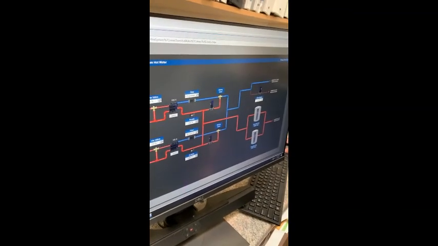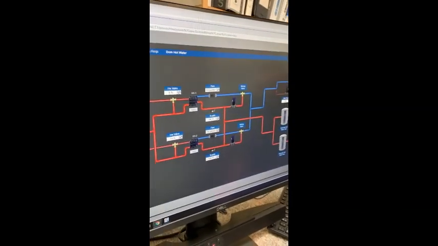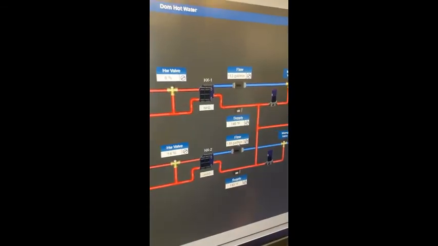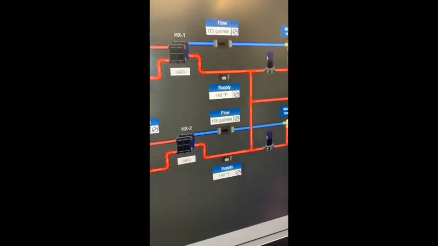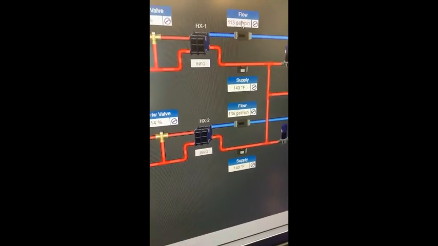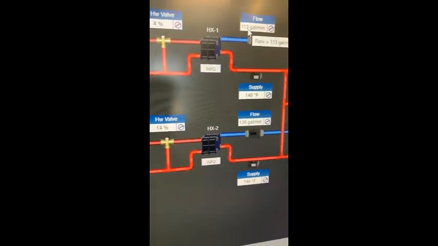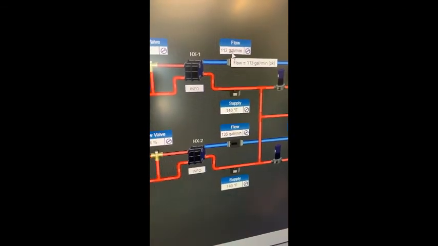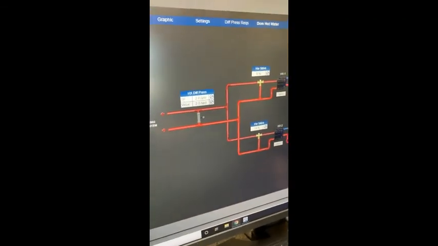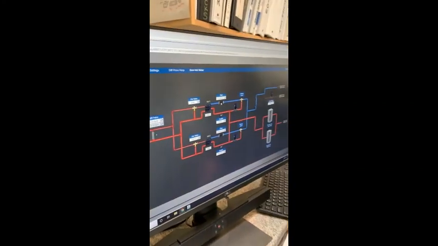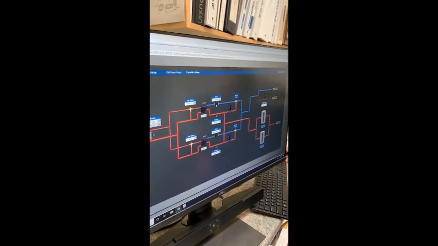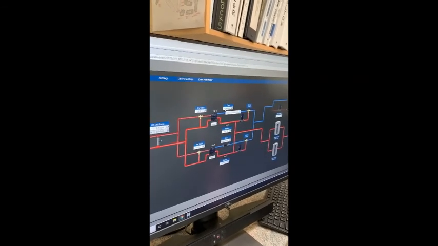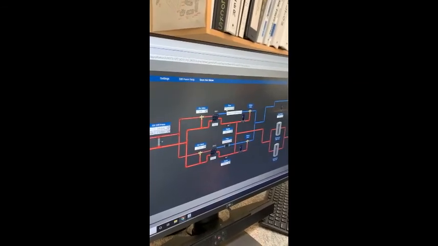Right now, I guess both of them are running, but real small flow. So you will see some flow because of the recirc, and these flow readings are coming directly out of the heat exchangers. I don't know how they determine that. Okay. I think they're trying to basically make an educated guess. But I also don't believe that these values that they're giving us are correct, because I don't think we're flowing through